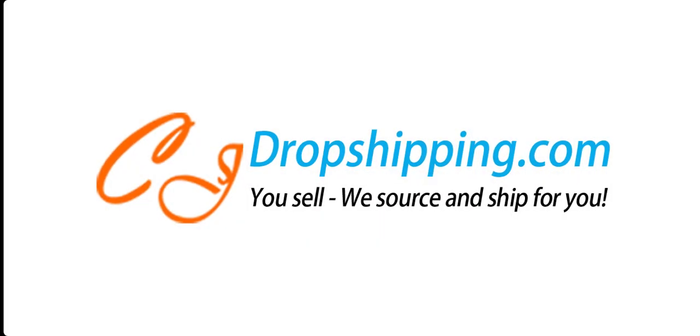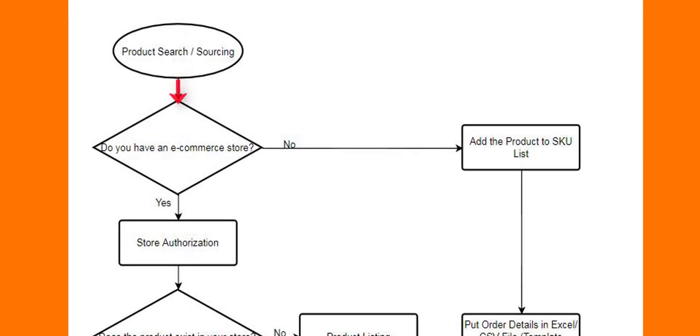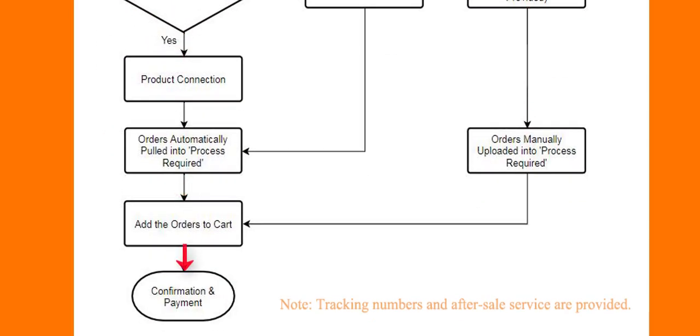CJDropshipping is a comprehensive website to help every dropshipper from start to finish. In this video, we're going to be giving an overview of the main features of the website. This flowchart helps to illustrate the 5 main features: product sourcing, store authorization, product listing, connection, automatic order import, and